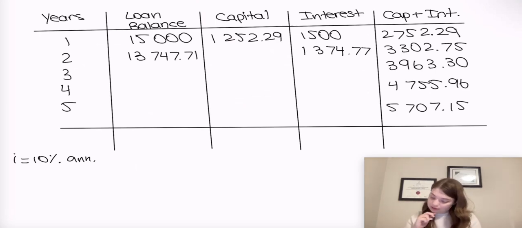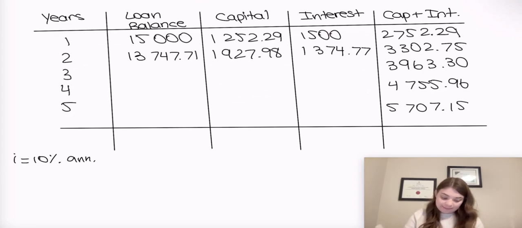So where were we? We were just figuring out the capital for year 2. So to find that out, we can do capital plus interest, which is $3,002.75, and subtract $1,374.77 to get that. Therefore, the part of the payment that must have been the capital is $1,927.98. And then we can subtract that from our total loan balance. So we can subtract that from $13,747.71 and get